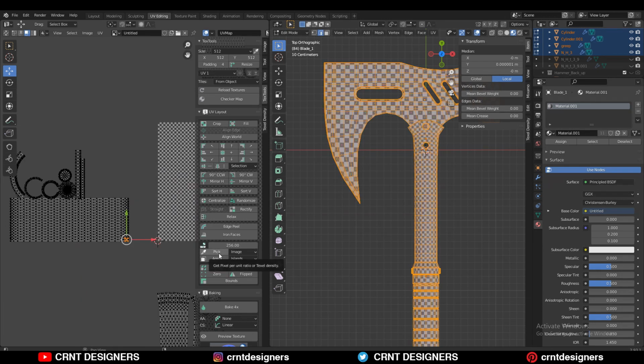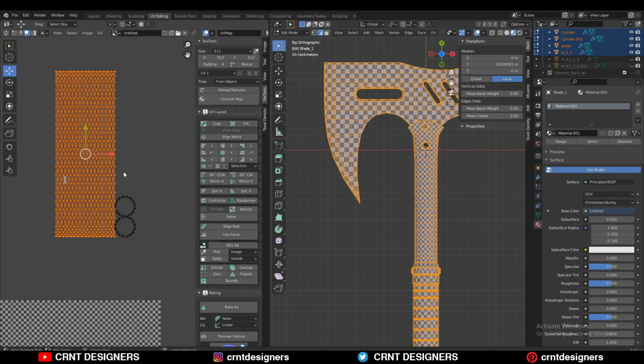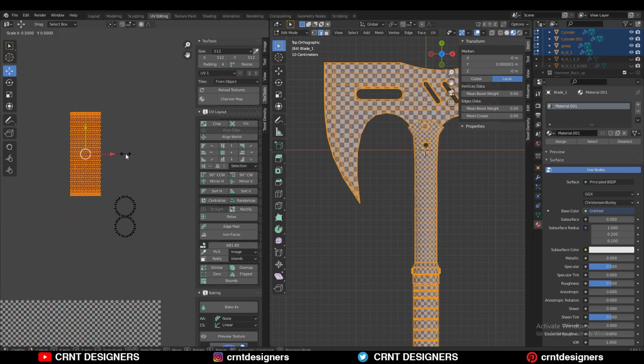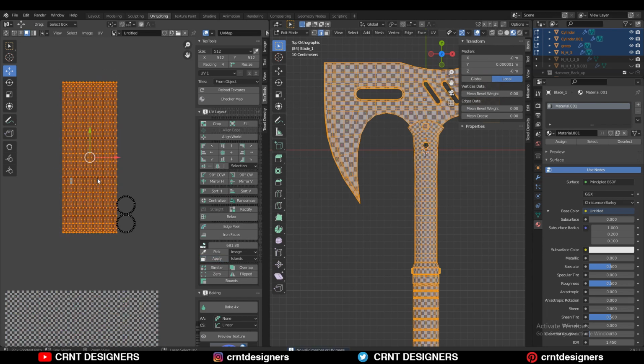Then there is the option pick, the pixel per unit ratio, texel density. Now I'm going to select this UV island, okay, like this, and now I will choose this pick option, and now it will calculate its texel size, and with the help of this texel size I can select the similar UV island. So you just need to click on this similar, so it will select similar. Suppose I scale down this UV island and now I don't know its proper scale, the large scale, so I can use that apply option, so it will give us the previous scale of this UV island.